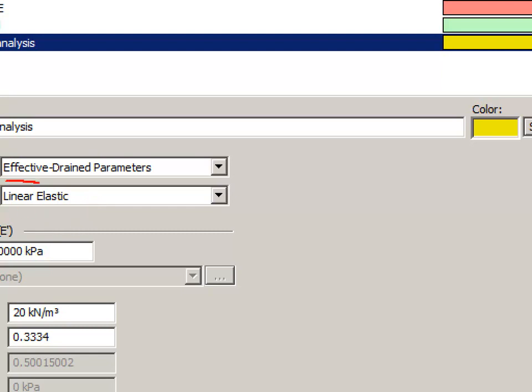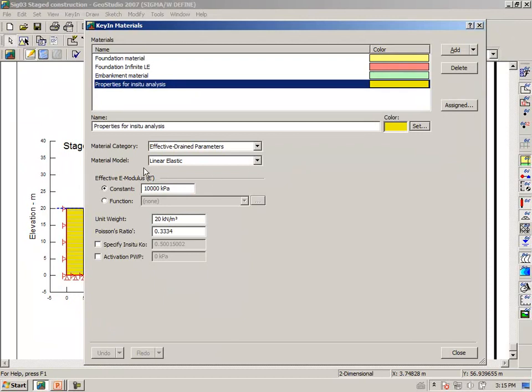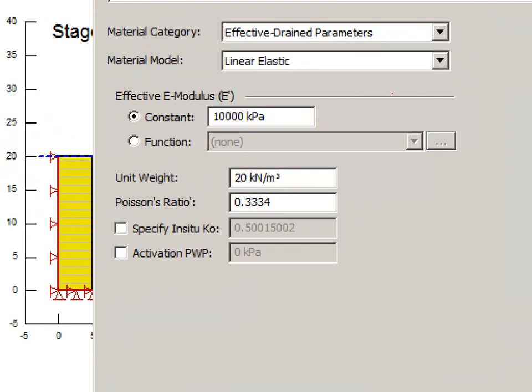Notice that we have used effective drained parameters, and making it a linear elastic soil is more than adequate. As we have noted in the previous session on in situ stresses, the Young's modulus is not important, so any approximate value is adequate for the in situ phase of the analysis. And then we have given it a unit weight of 20 kilonewtons per meter cubed and a Poisson's ratio of